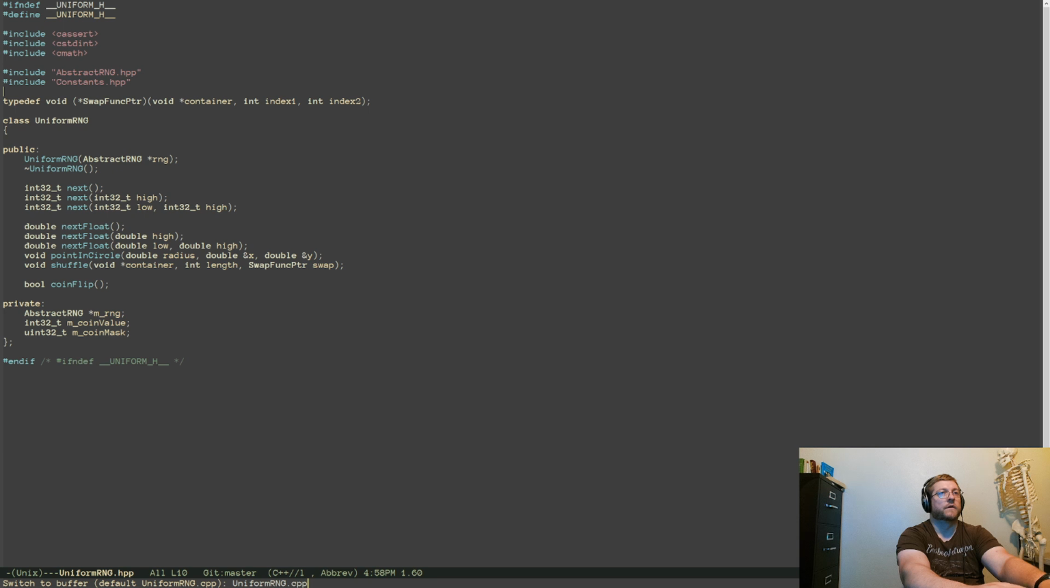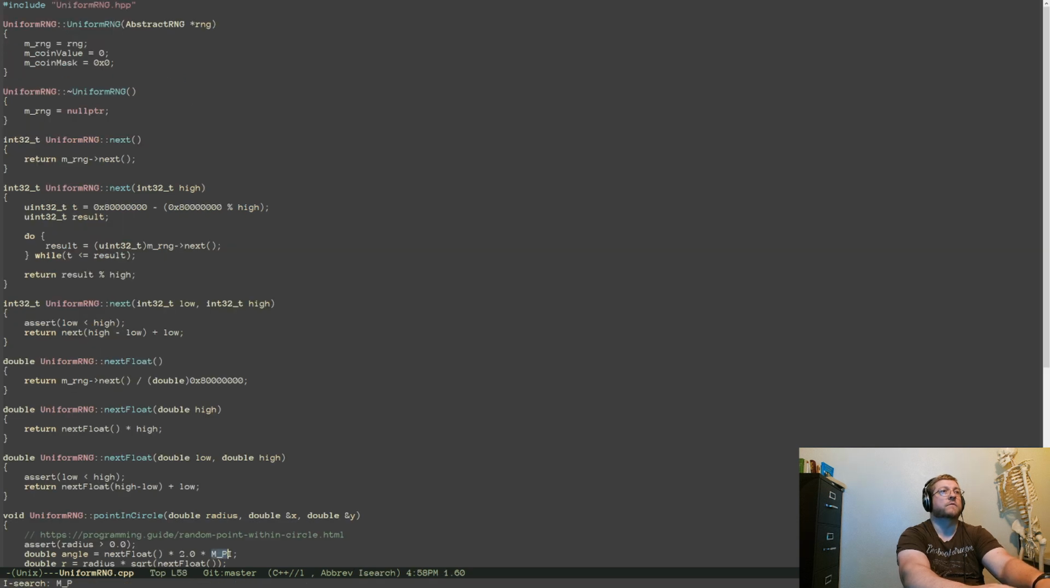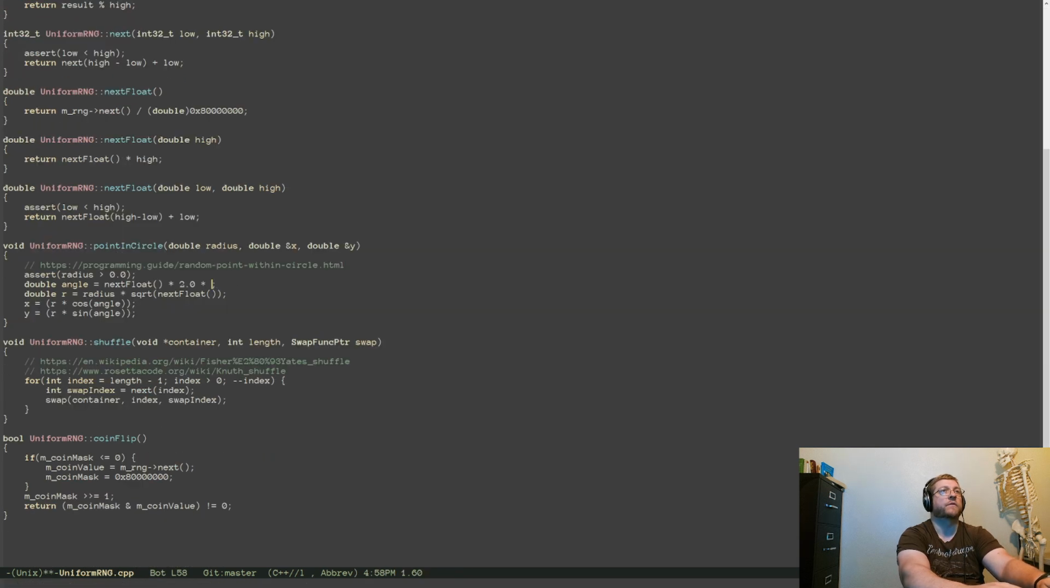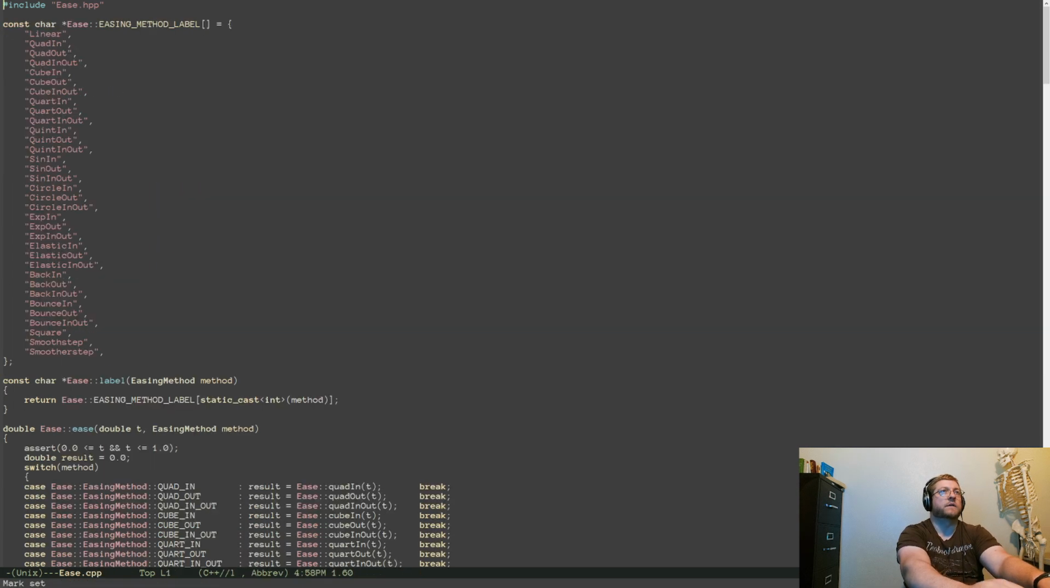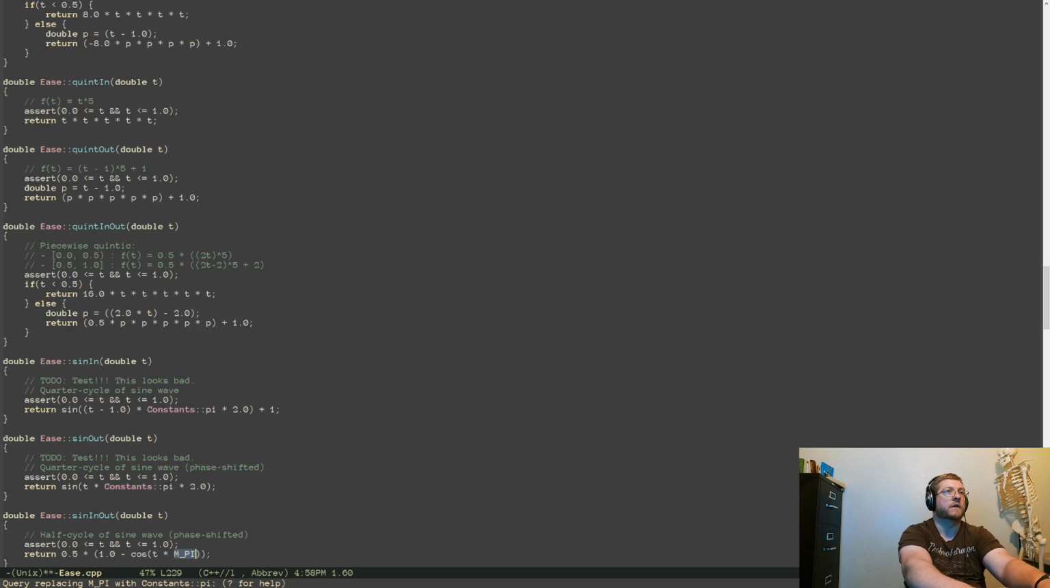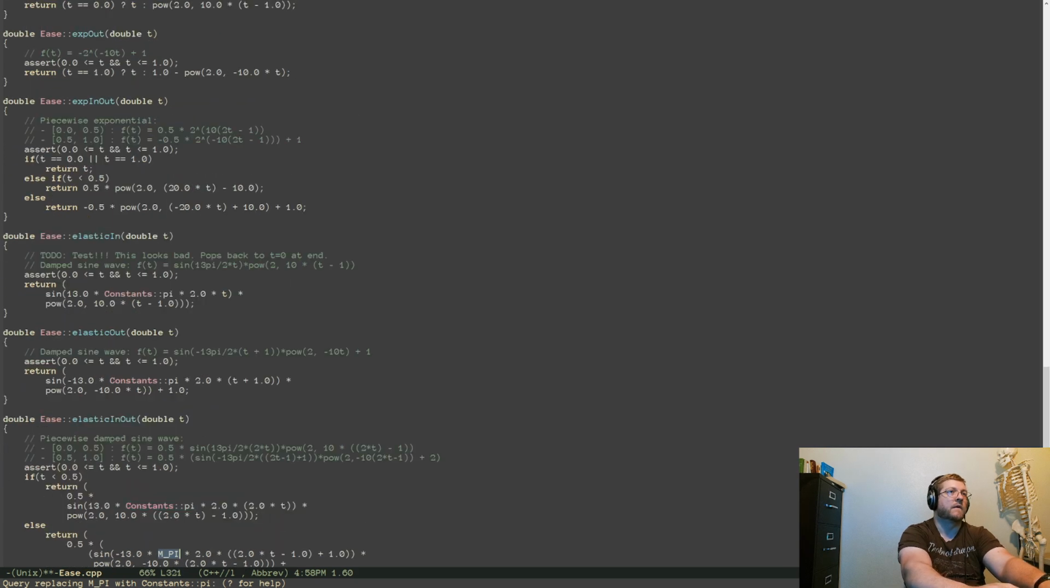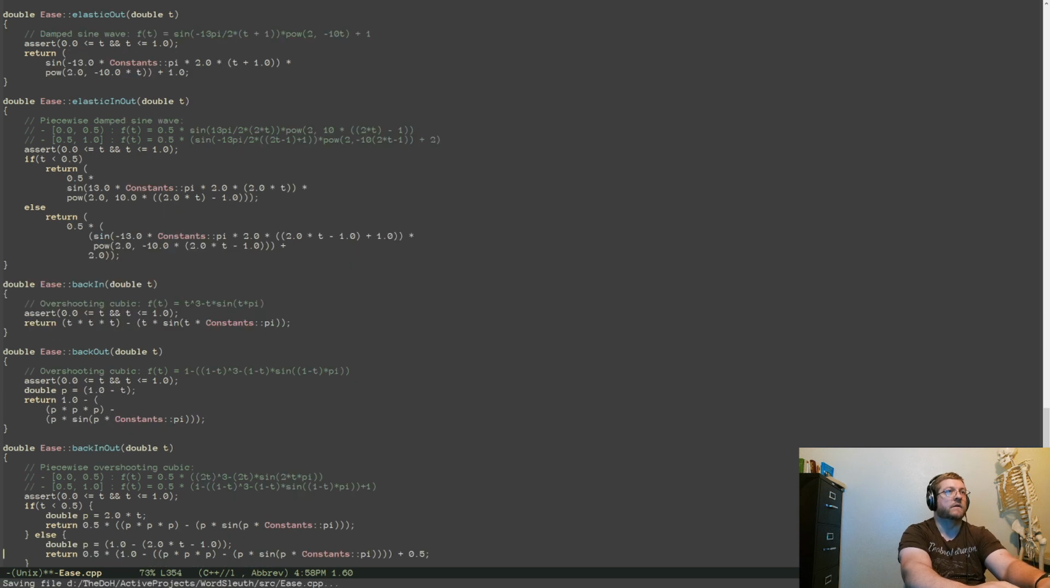Okay, no. From RG, we look for m underscore pi. We're gonna replace that with... Oh, you know what we can do? We can be smart about this. Pi with constants pi. Now, when we go to ease CPP, we can run that again, all the way to the other file, and then with